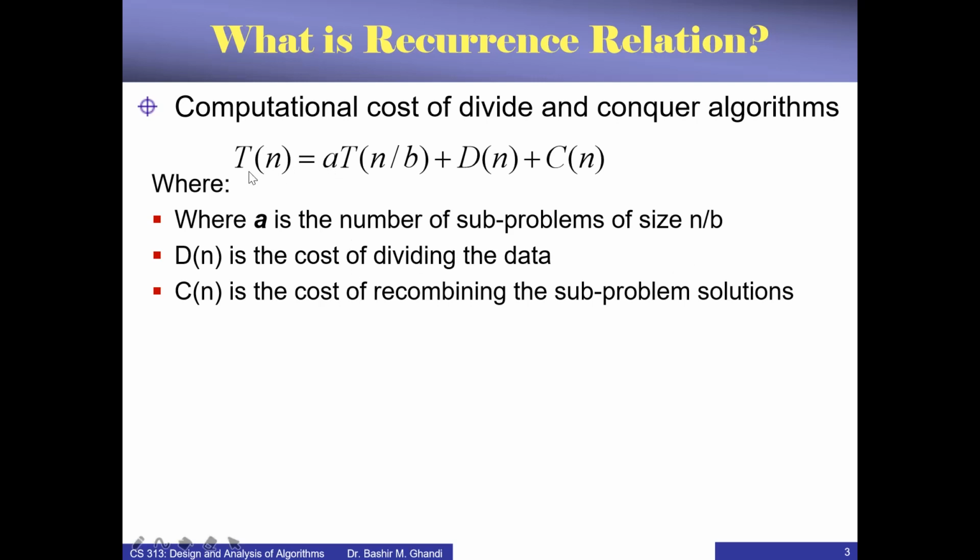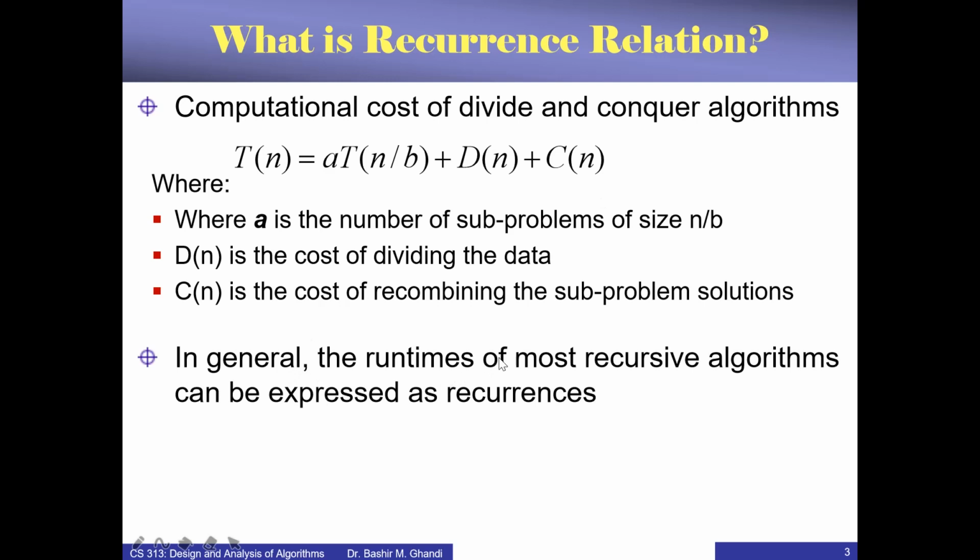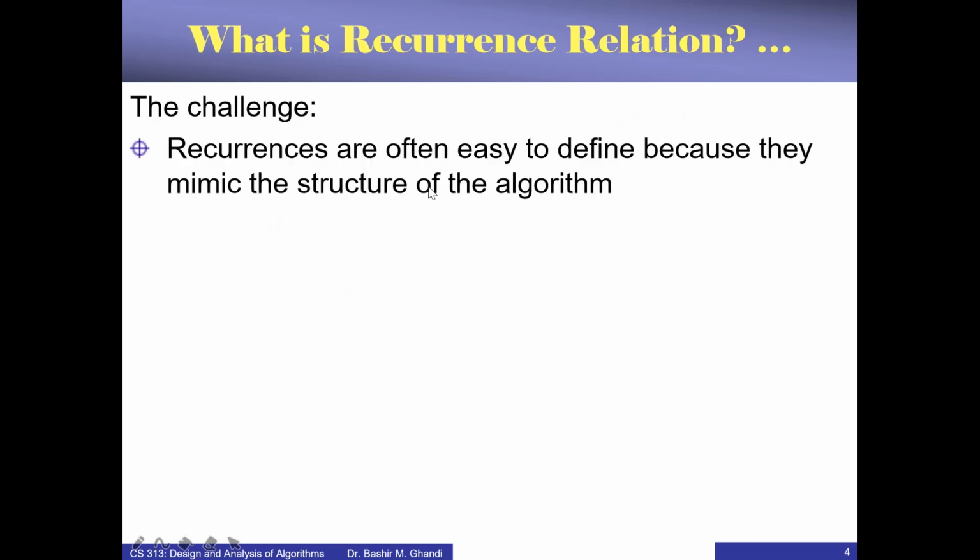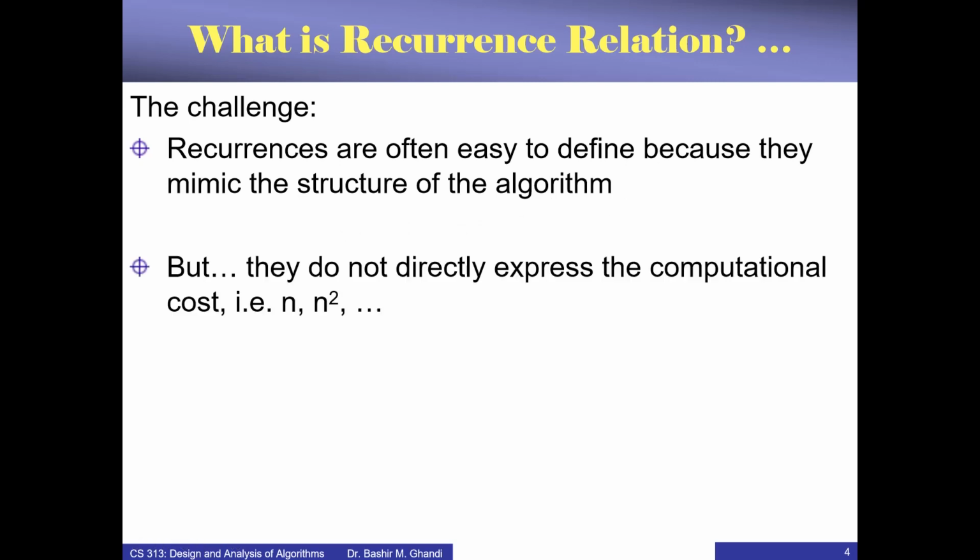Alright, now as you can see, we are defining T(n) in terms of T. The running time function T is being defined in terms of itself, and that is what we are trying to solve. In general, the runtimes of most recursive algorithms can be expressed as recurrences, as you can see above. The challenge: recurrences are often easy to define because usually they mimic the structure of the algorithm, as we saw in the case of merge sort,